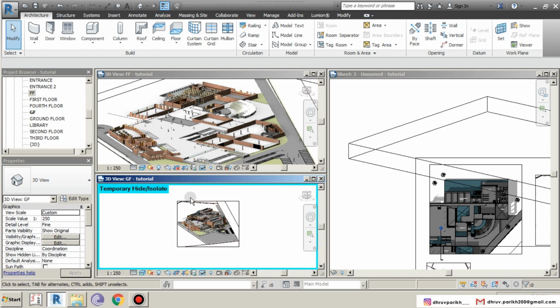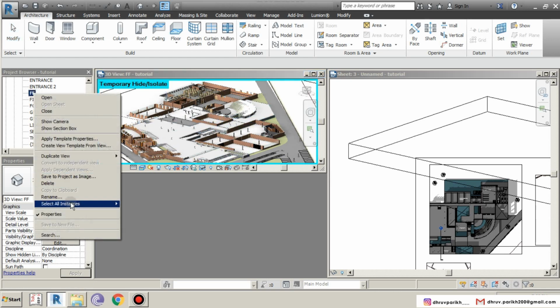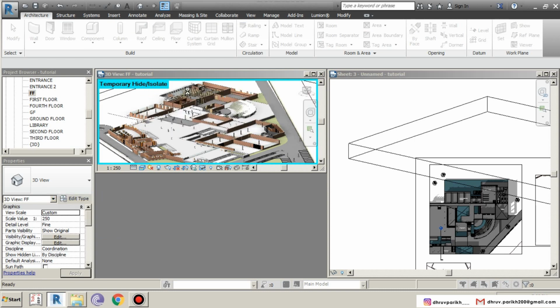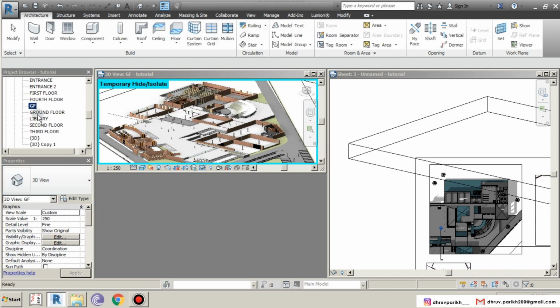Actually, what you can do is you can delete this view and duplicate this view itself. So actually this is the ground floor. Ground floor is ready.